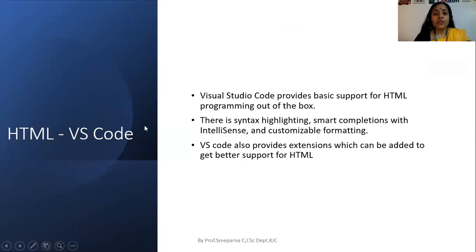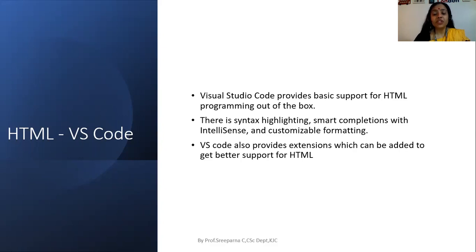So we are studying the advanced level text editor VS Code or Visual Studio Code. Visual Studio Code provides basic support for HTML programming out of the box. What is the meaning of out of the box here? There is syntax highlighting, that is highlighting of the same type of syntax, smart completions with IntelliSense.